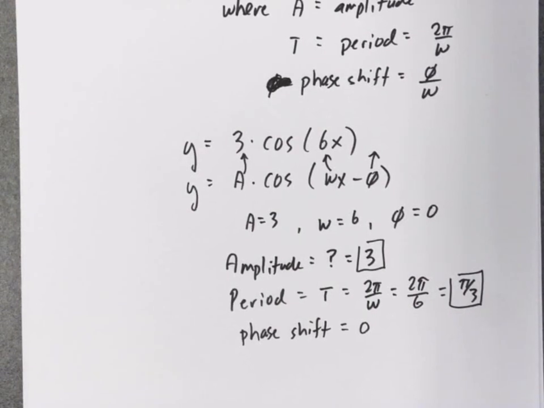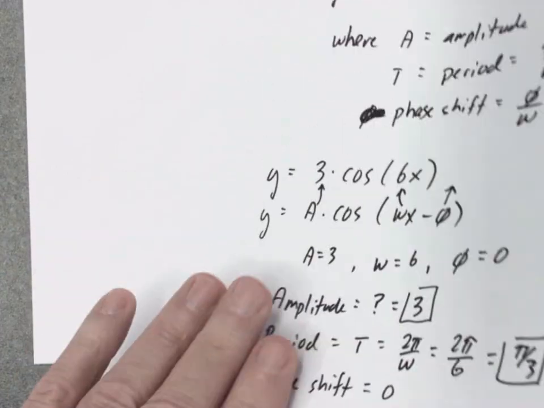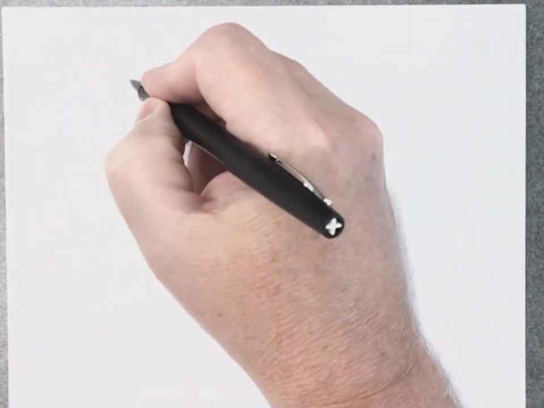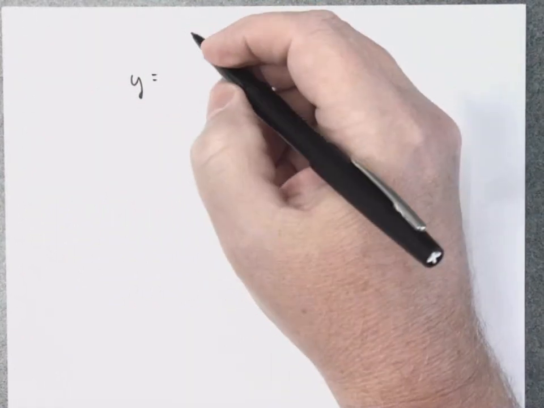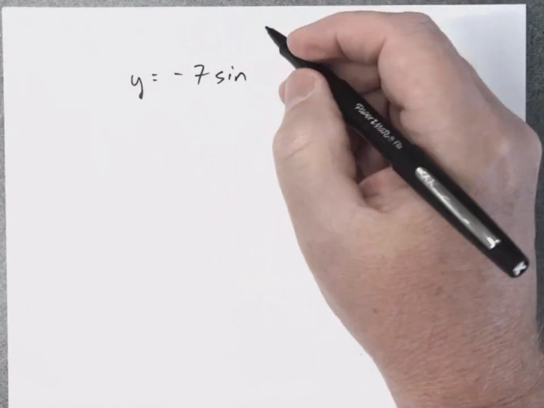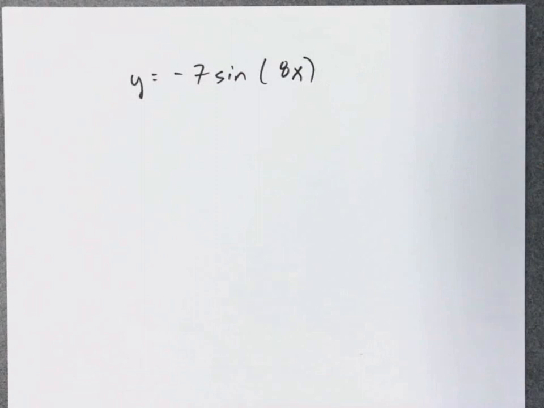All right, how about another one? Hopefully you don't find these too difficult. So how about this one? y equals -7 sine of 8x. So once again,